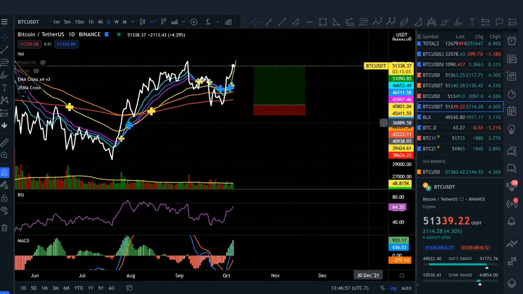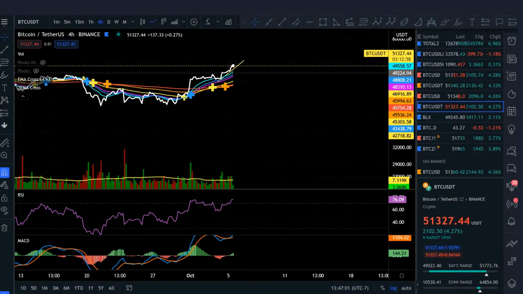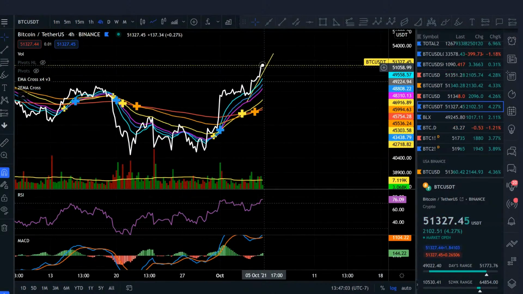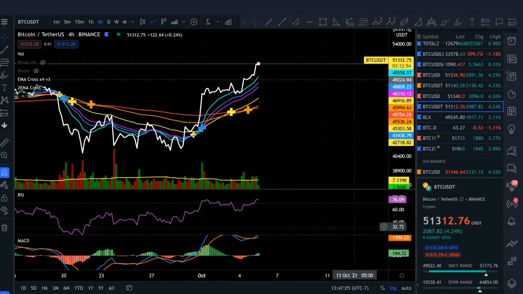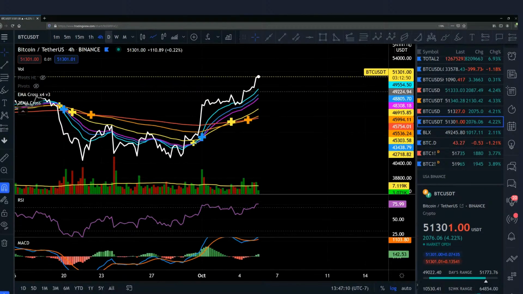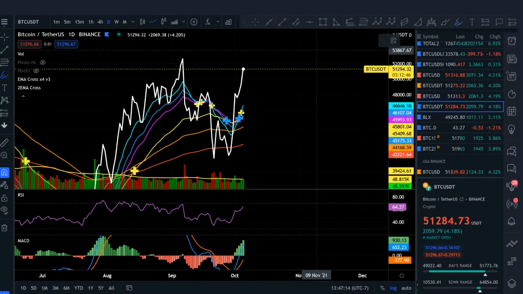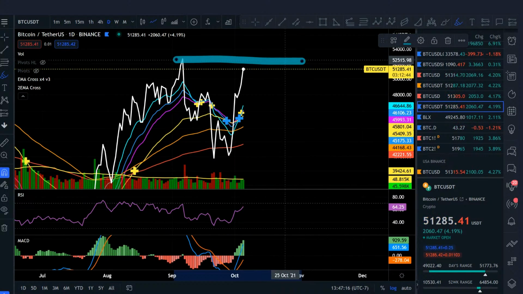So people might be wondering, what do we do now? Okay, so if somebody missed out on the move, don't FOMO too hard. Wait for a pullback. Wait for a pullback because a pullback setup down is forming. How do I know this? Because we're getting close to a resistance zone. Okay, so everyone knows that's the target, obviously